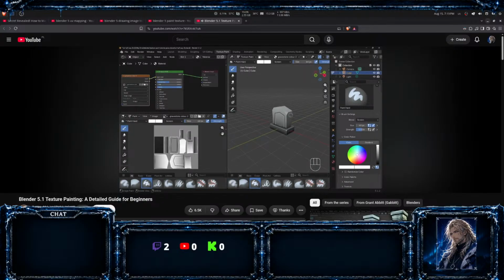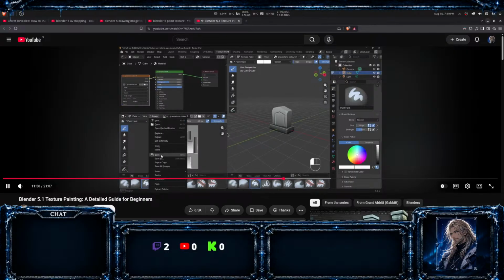So this is the basics of texture painting. The extremities you make lighter and the crevices you make darker. And it's just a case of painting light and colour onto your object. The gravestone is fairly easy because we don't have to worry too much about the colour. So we're just thinking about light and dark. Okay, so now catch up with me, try painting a gravestone in a simple way like I have here. Okay, so what I'm going to do is go to image and save my image, and let's